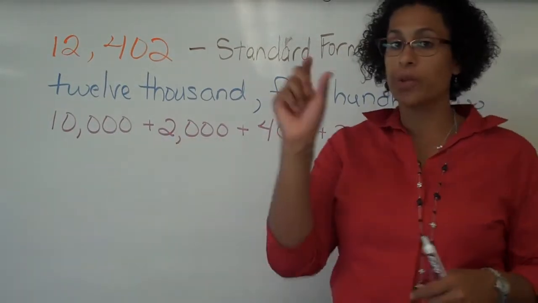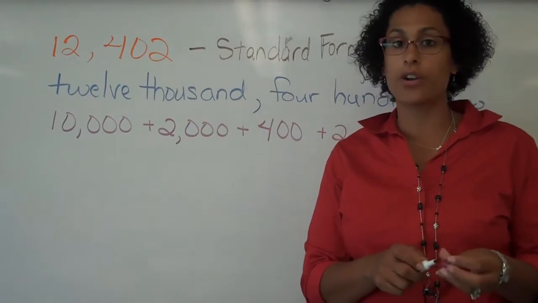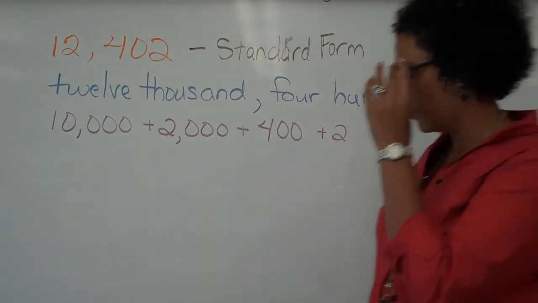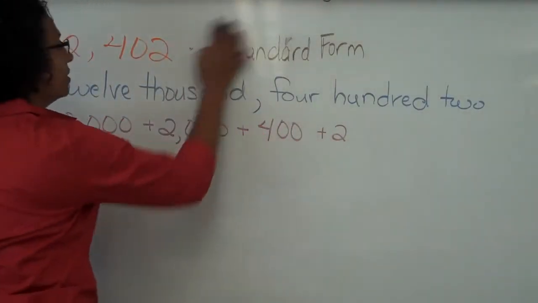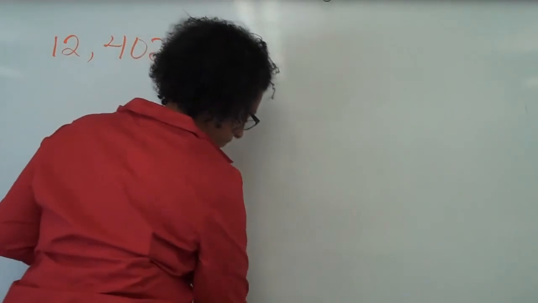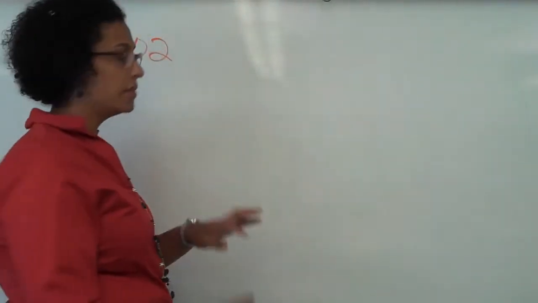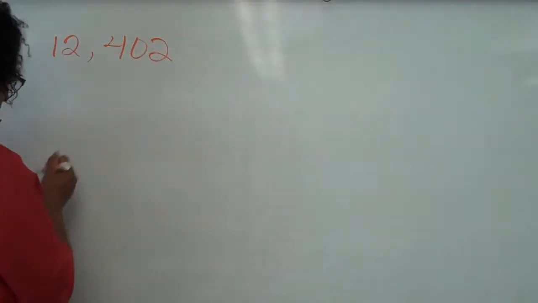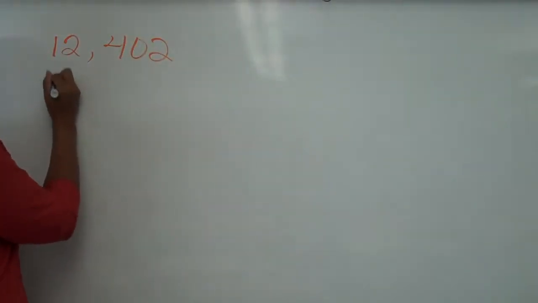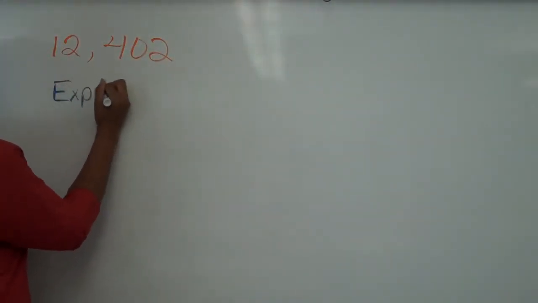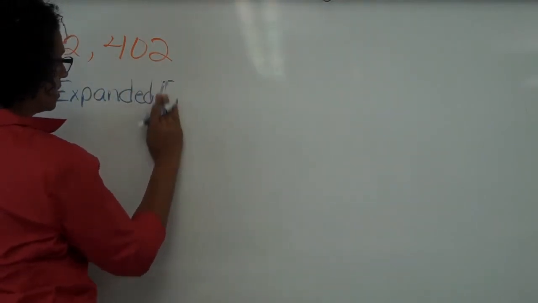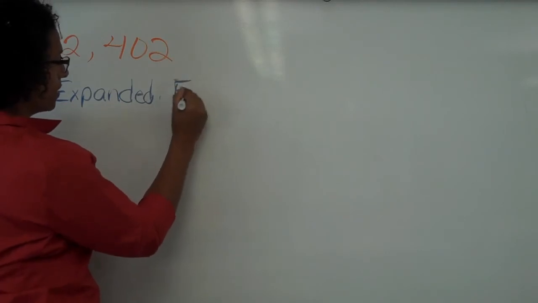Knowing the value and your place value is going to be helpful for our new form. So I'm going to erase this, and then we're going to use the same example for our new column, the last column. Remember I said to make 4 columns. The last column you are going to label, in a different color, expanded form,